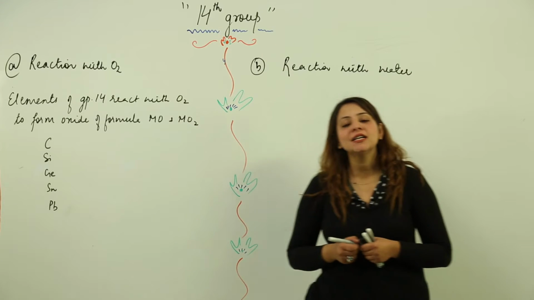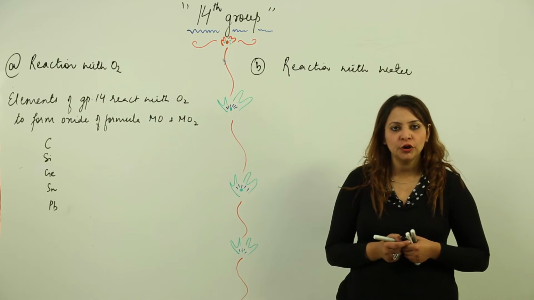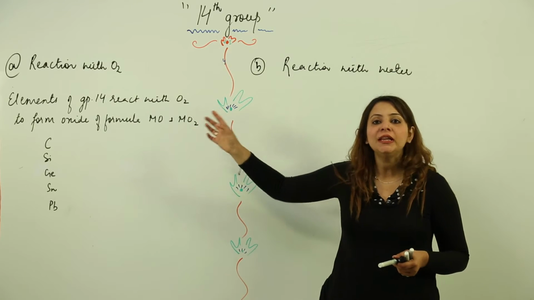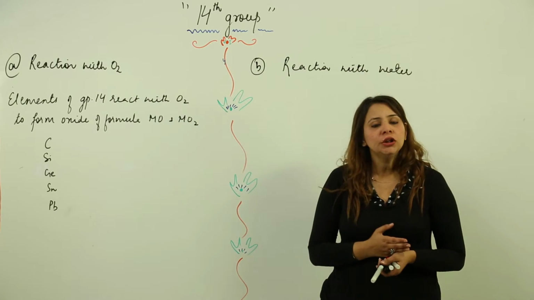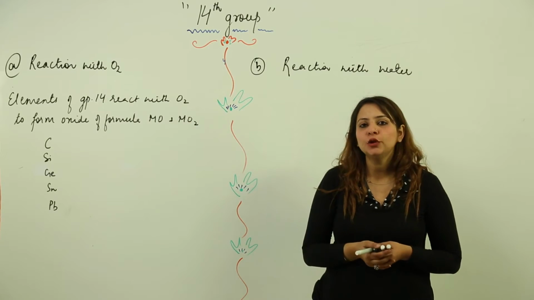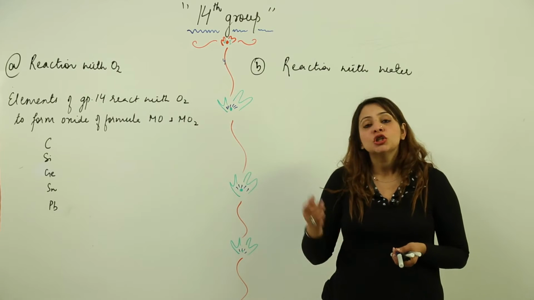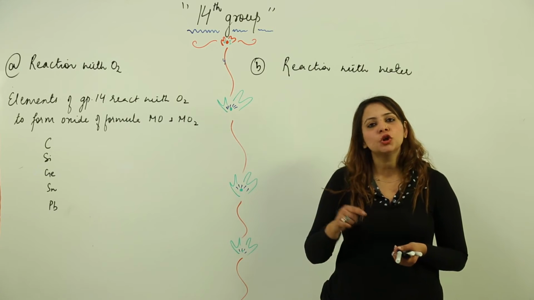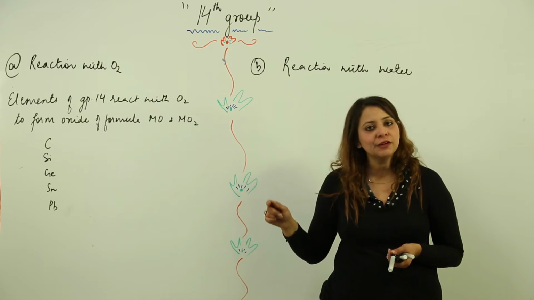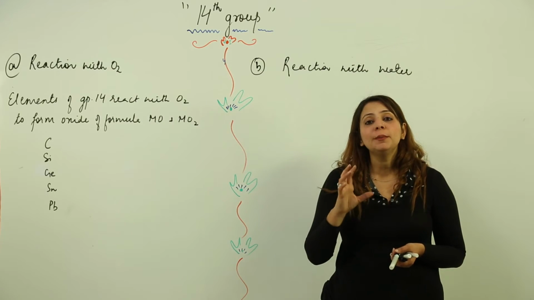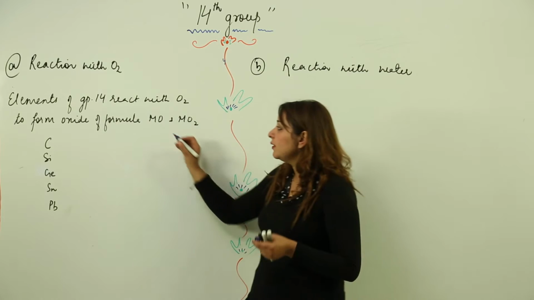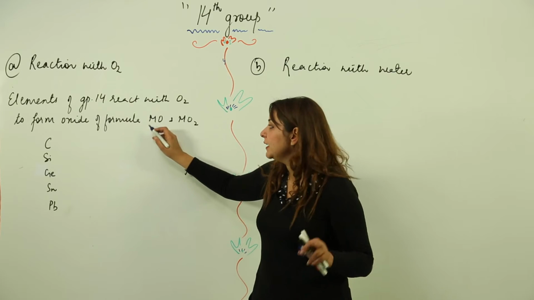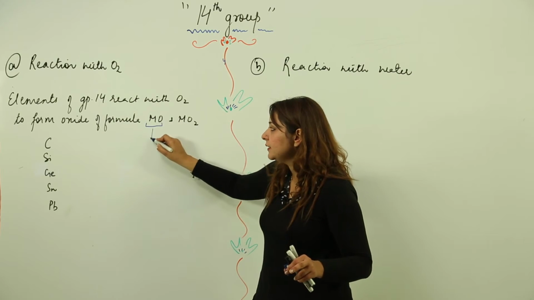Now we are going to start with the first chemical property of group 14, that is reaction with oxygen. As you all know, whenever any substance reacts with oxygen, it forms its oxide. In the same way, group 14 elements also react with oxygen to form their respective oxides. And if we talk about their general formula, they form monooxides,